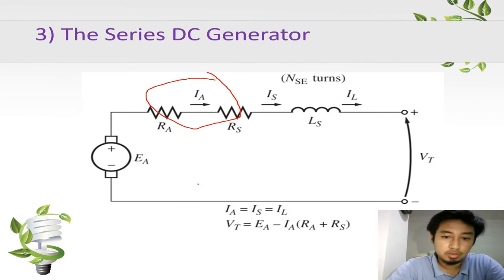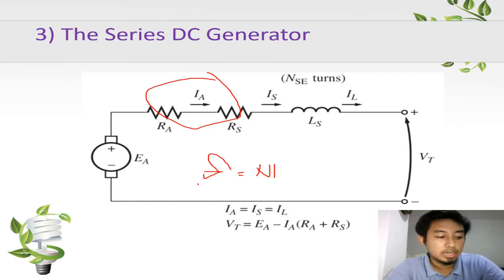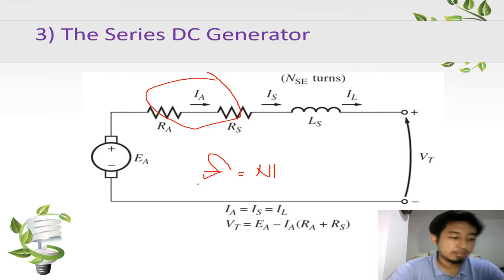The wire used depends on this because the magnetomotive force is given. If you remember the symbol F here, the magnetic force is equal to Ni. Exactly the same magnetic force can be produced from a few turns with high current as from many turns with a low current. Since the full load current flows through it, a series field is designed to have the lowest possible resistance. So here the armature current and the line current have the same value.